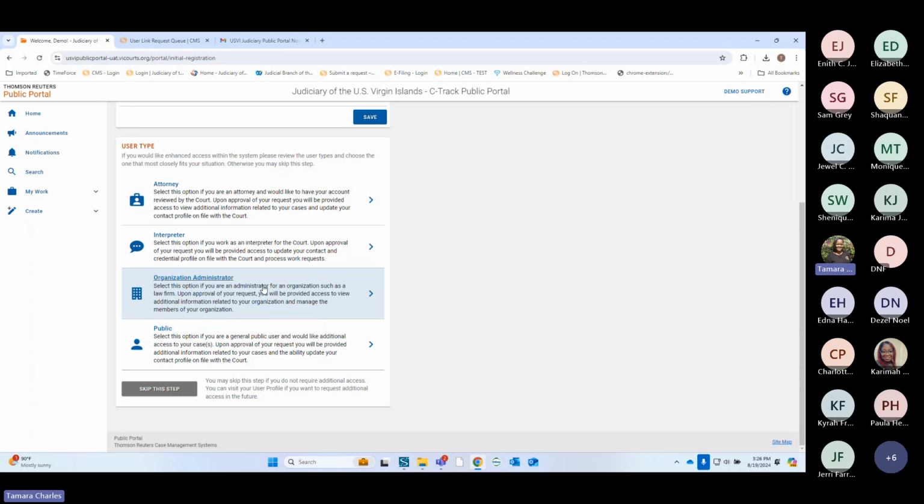So if I am, and I'm going to use Edna as an example at the AG's office. So if I'm Edna at the AG's office, I am the legal org admin, and I have 14 users under that firm, which is DOJ. I'm going to wait for all the users to confirm that they have registered. So I'm going to say user 1 through 14, please register. They're going to all register, but they're not going to choose anything except public, or if they're an attorney.